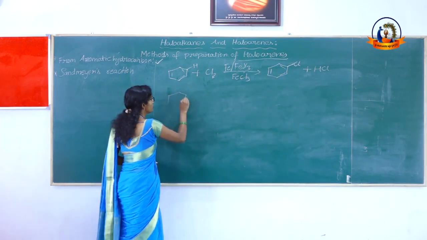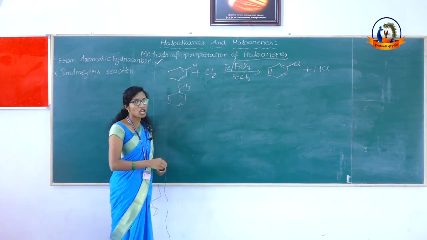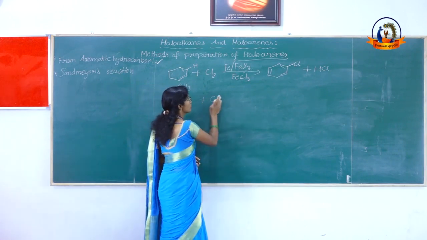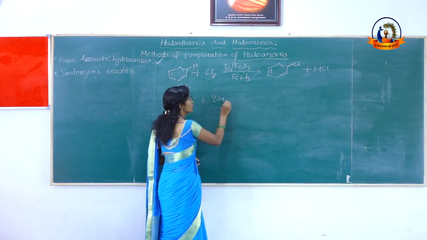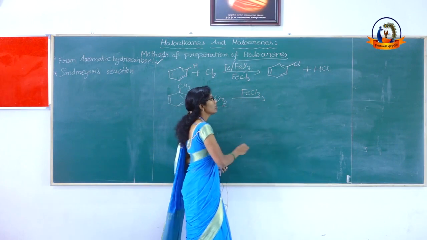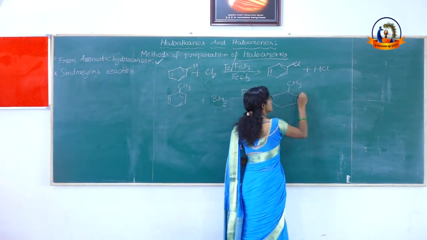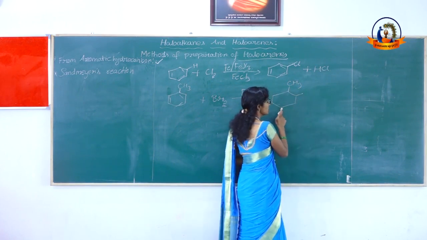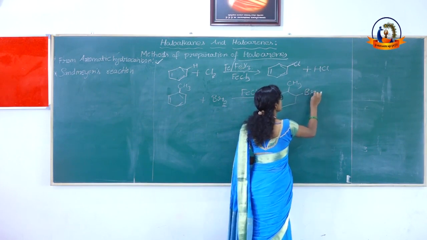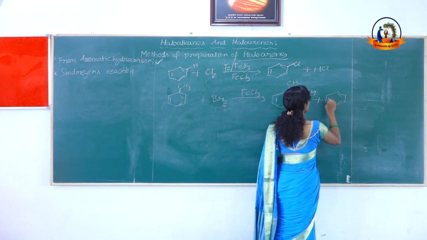Another example. This is toluene or methyl benzene. It reacts with bromine in the presence of FeCl3. It gives, this is the ortho place, meta place, para place. Here what happened? Bromine is attached. And another product also it gives, that is,